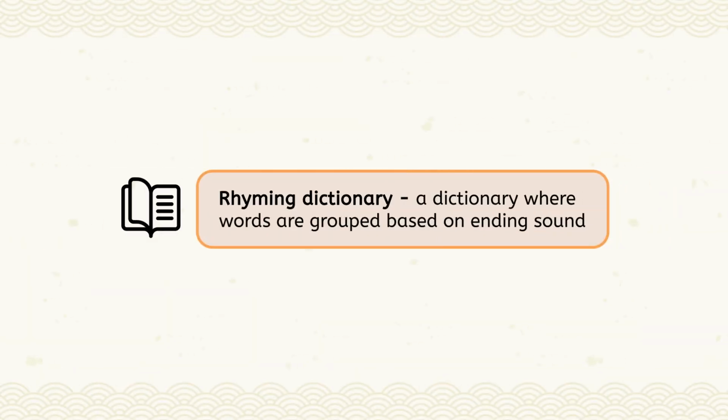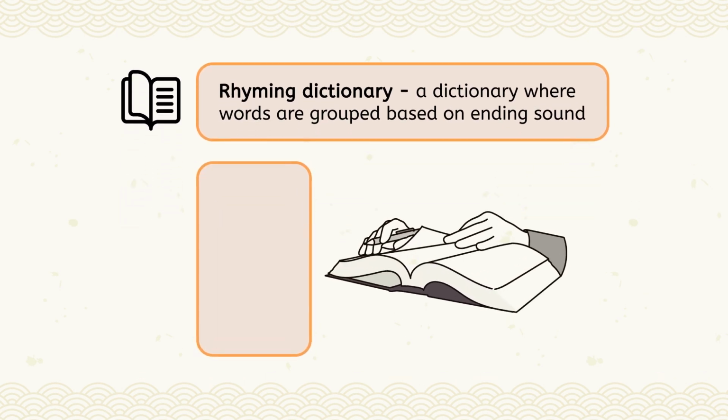A rhyming dictionary is a dictionary where words are grouped based on ending sound. So for instance, if you looked up dog in a rhyming dictionary, you'd find words like jog, fog, hedgehog, and epilogue. Instead of struggling to think of rhyming words yourself, you can use a rhyming dictionary to quickly find many options